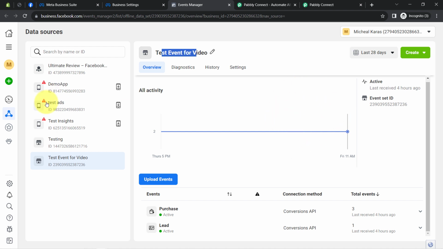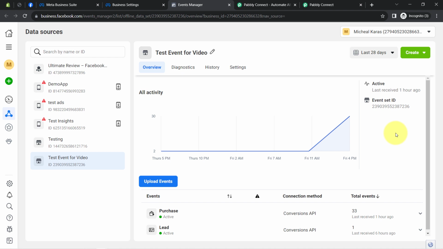Alright, so I have actually forgotten to check this, but when I am checking the event after an hour, here you can notice it is saying last received 1 hour ago and the purchase event has been created. You can actually check this with the help of this graph. It is clearly showing the date as 22nd September 2023. So basically a purchase event has been successfully created in our Facebook offline conversion application,